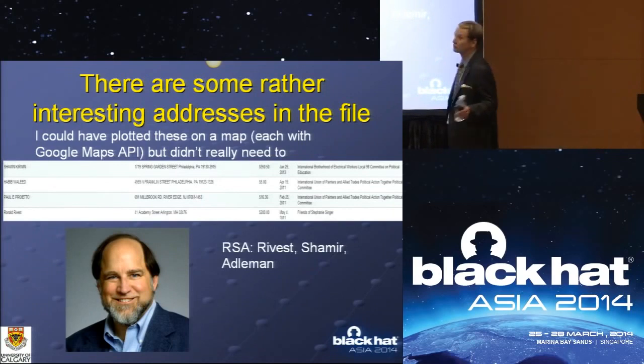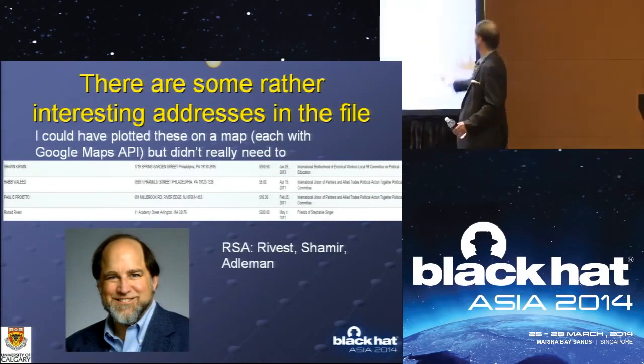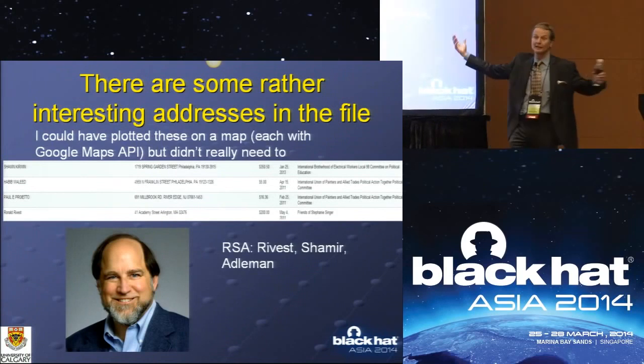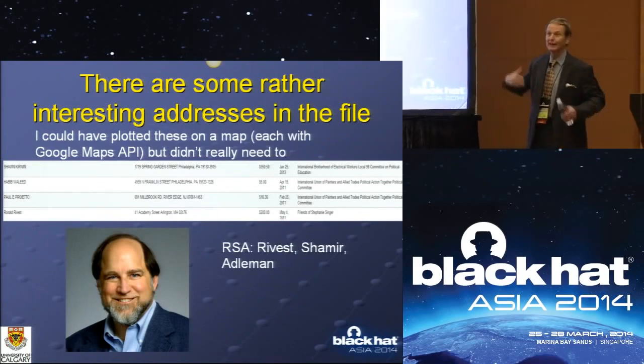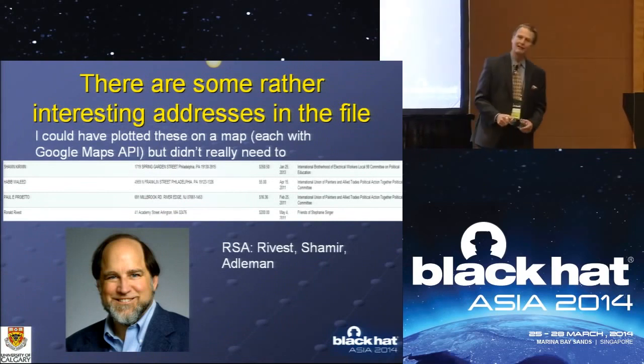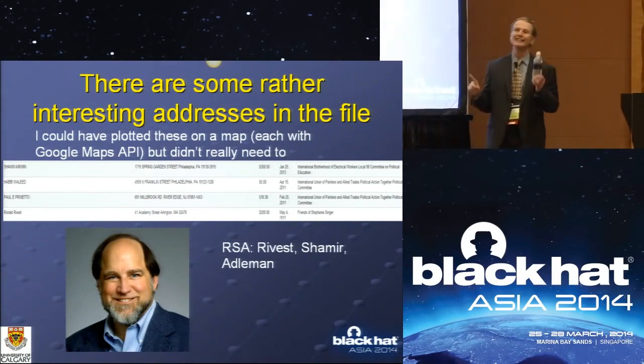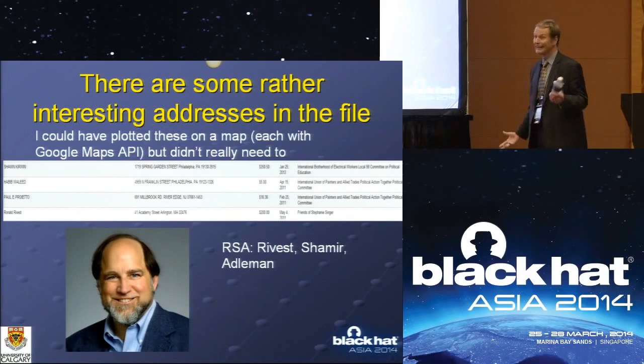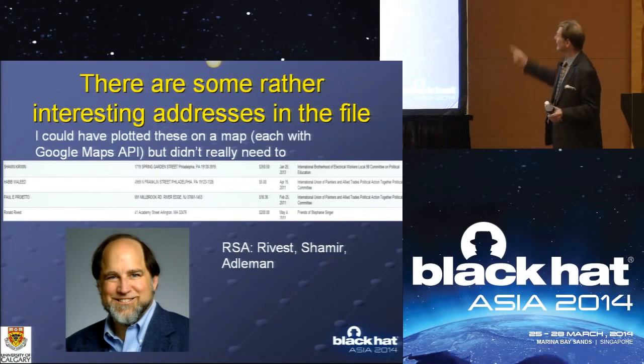Even better, his name is Ronald Rivest. Who's heard of the RSA algorithm? Well, he's the R in the RSA. Rivest, Shamir, Adleman. And there he is, that's Ron's smiling face. Now, please note it is not illegal for somebody in Massachusetts to give money to another jurisdiction like Philadelphia. It's weird, but it's not illegal. He gave $200 to Stephanie Singer.